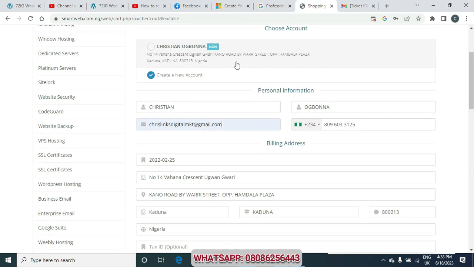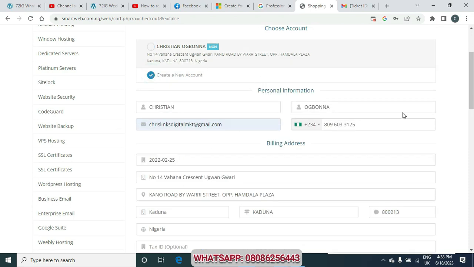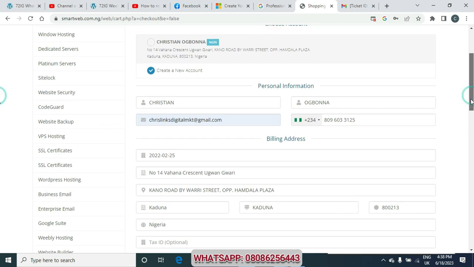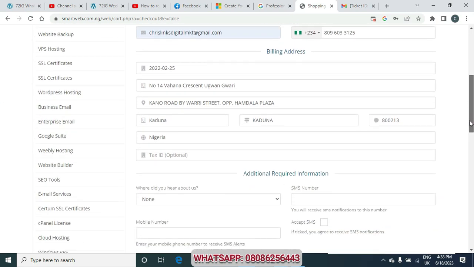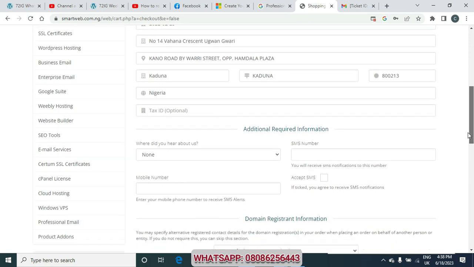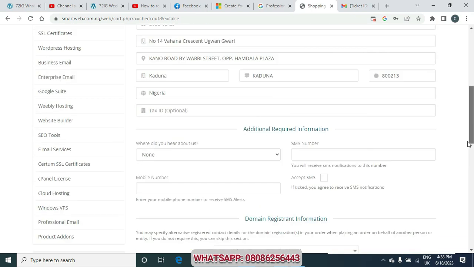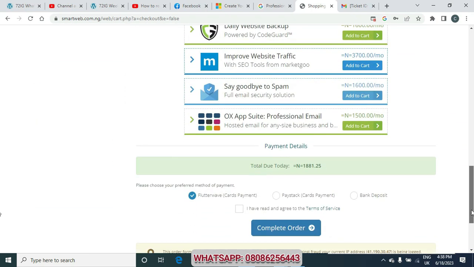Since I already have an existing account, I'll just click on this and continue. But just in case you don't, like for you, I believe you don't have an existing account, so you're going to create a new account, input all necessary information, your address, your phone number, and email address. Please, email address is very important. So when you are done inputting all your information, then you scroll down to where you will see